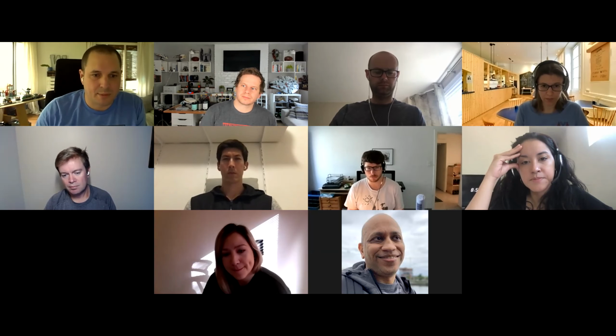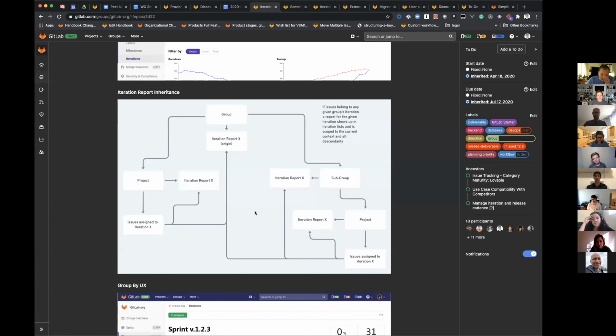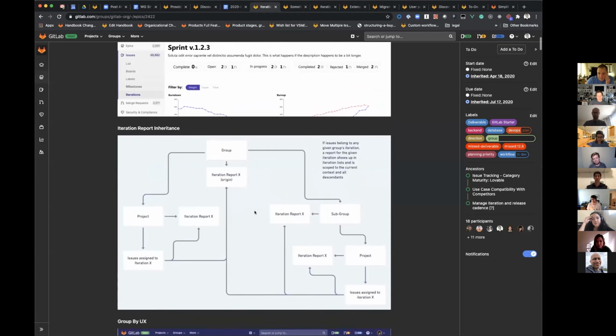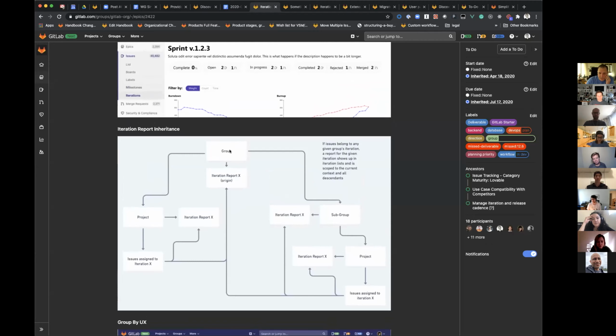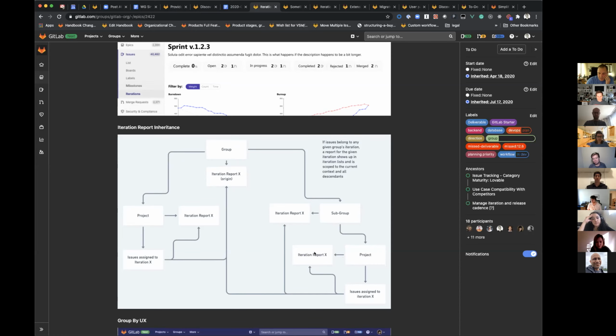Yeah, that's where, just to highlight the problem a little bit more, we're building iterations into GitLab, and the way the reports will work is if you create your top level group, and let's say there's a subgroup and a project, and then you have an issue that can be assigned to this iteration, right? If it's assigned to that iteration, the iteration is going to show up down in this project and be scoped to just the issues associated to the iteration from the project. So you could basically get a team level report here if the issues were to live here. But as a product manager, I want to see the velocity of my team over n number of previous